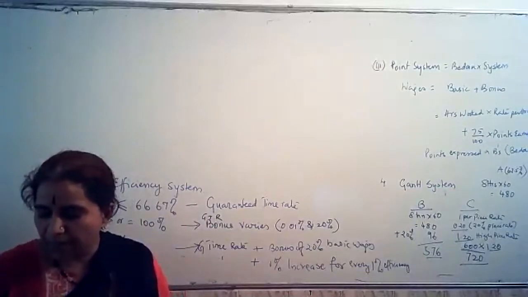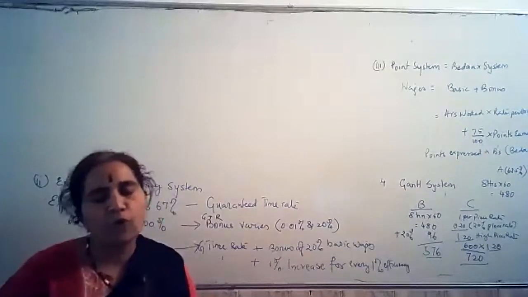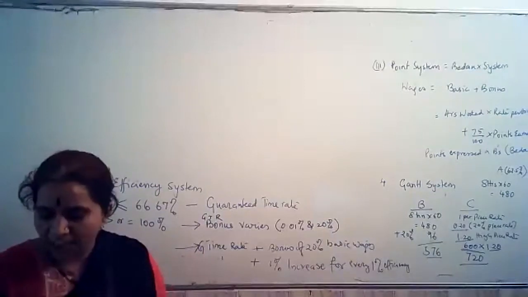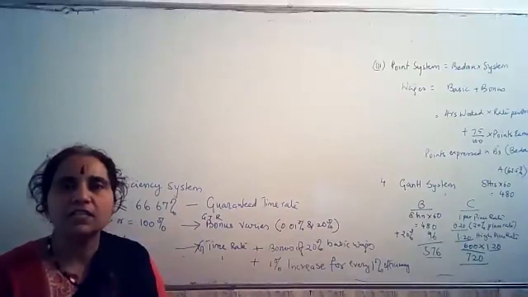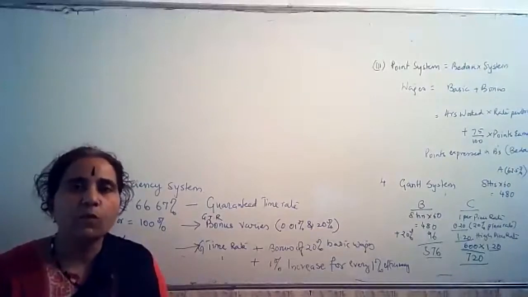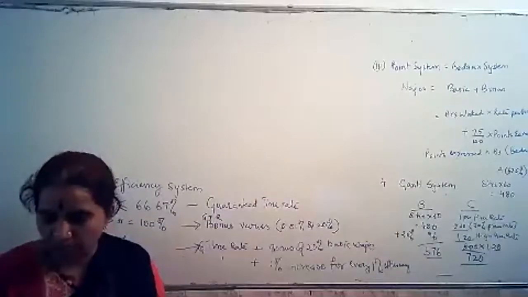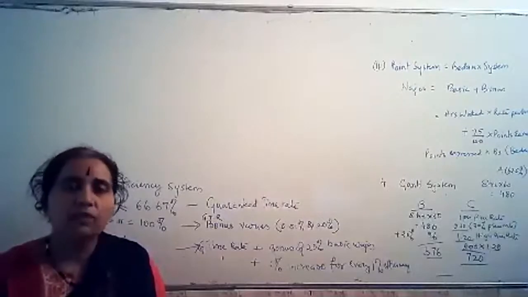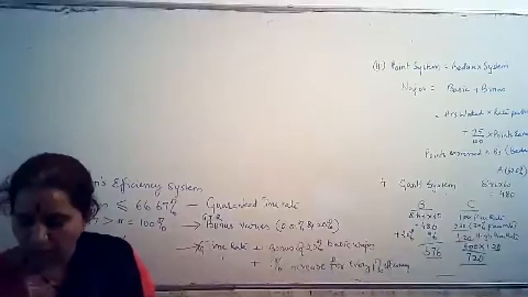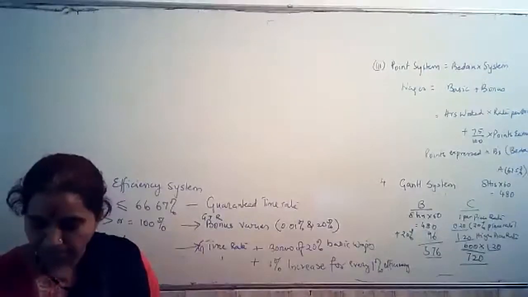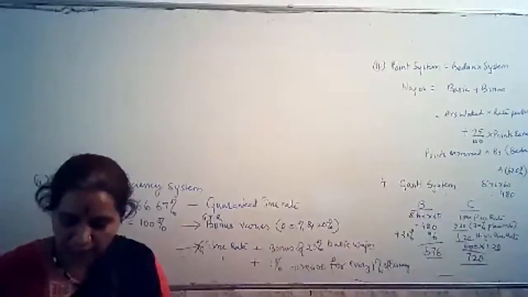Workers are paid under different incentive schemes. Each one is following a different incentive scheme, which the companies have already given. Mahi Sports gives the incentive and the bonus based on Emerson's efficiency system. Virat Sports uses Merrick's differential piece rate system. Shikhar Sports uses Taylor's differential piece rate system. So the relevant information for the industry is as under.